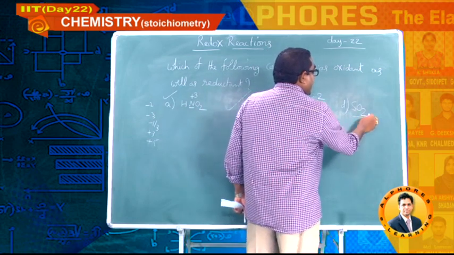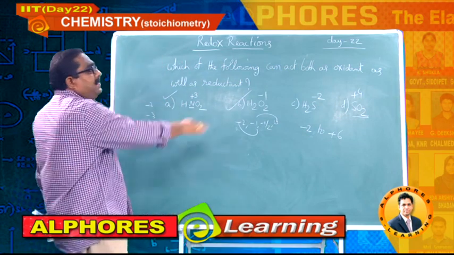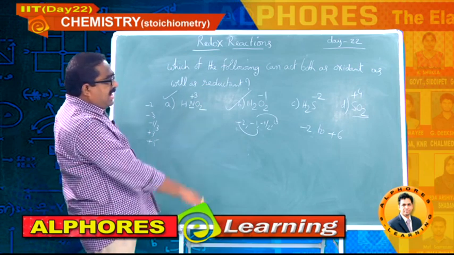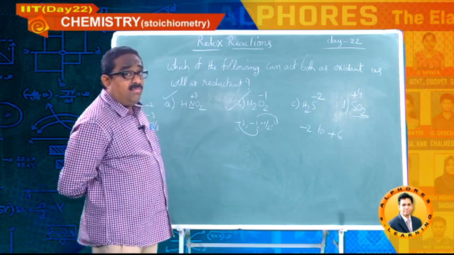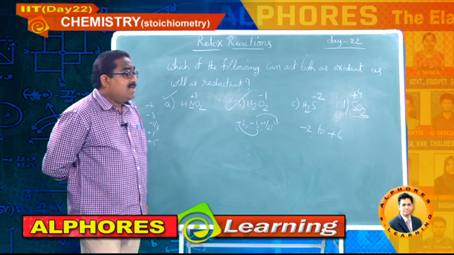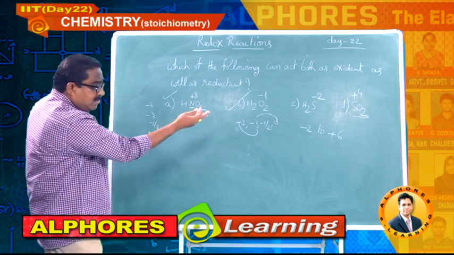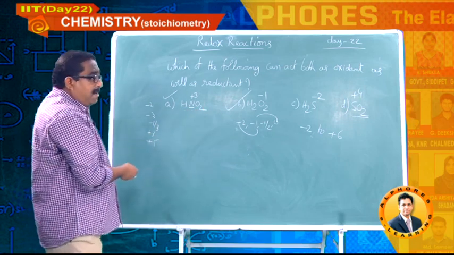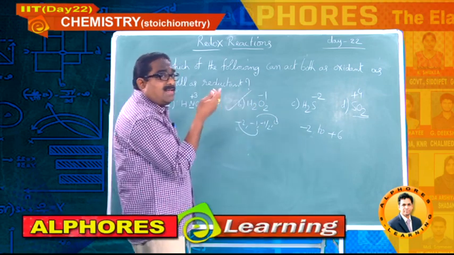Next, sulfur dioxide. Sulfur is present in +4. Just now I have written that sulfur oxidation states -2 to +6 are possible, because the group number is 6, the maximum is +6, the minimum is -2. Why is the minimum -2, sir? After gaining 2 electrons, sulfur gets inert gas configuration and more stability. That is the reason. So, in sulfur dioxide, sulfur can go below +4 oxidation state, up to -2 by gaining electrons. So, it can act as oxidant, and by losing 2 more electrons, it can go for +6. Losing of electrons means it can act as reducing agent.